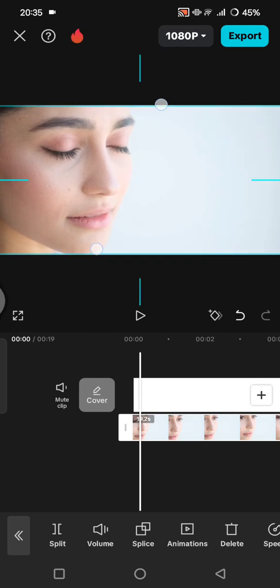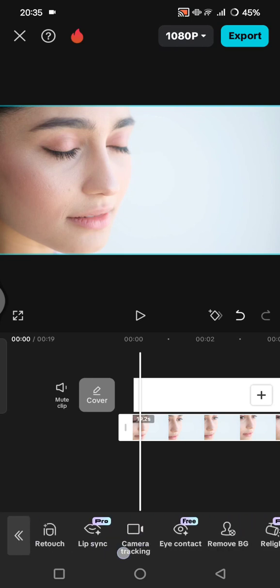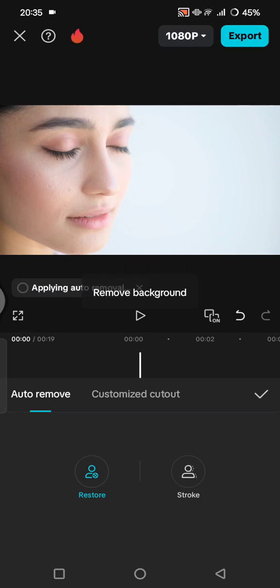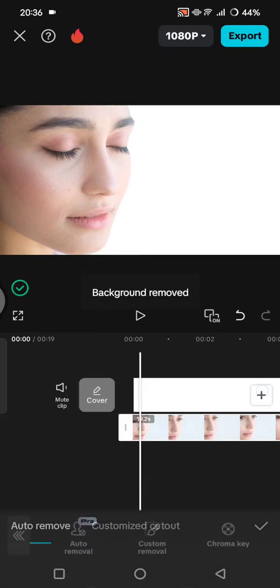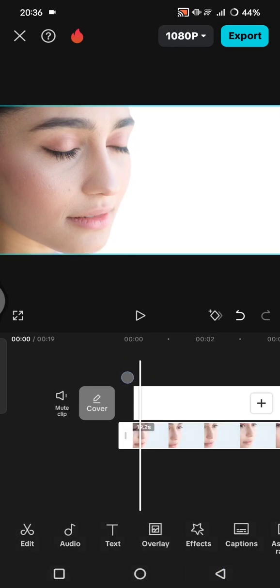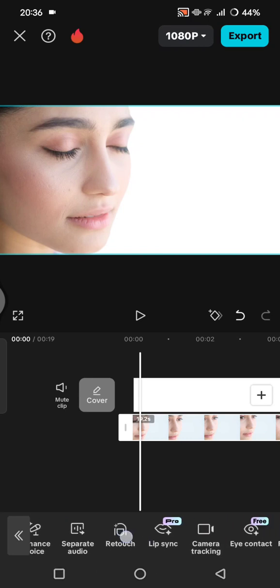You can adjust its size, and then here you can go to the remove background option and just remove the background of the overlay. Okay, so once the background has been removed, you can tap on the check icon and then go to adjust on the overlay. In here, find adjust,